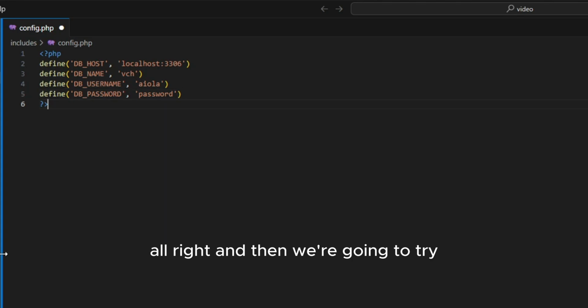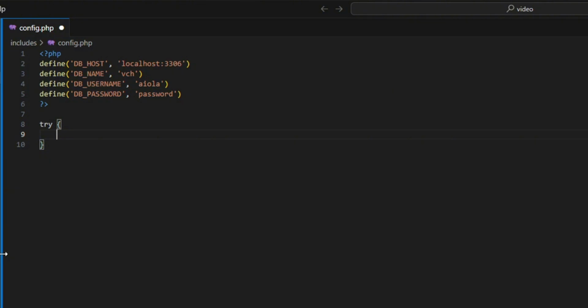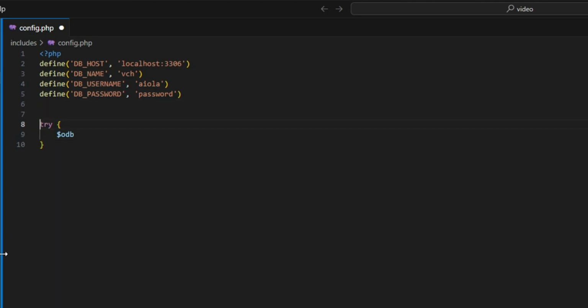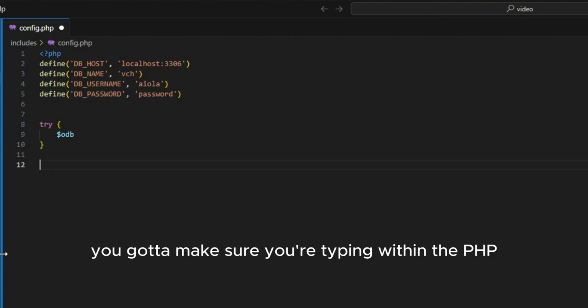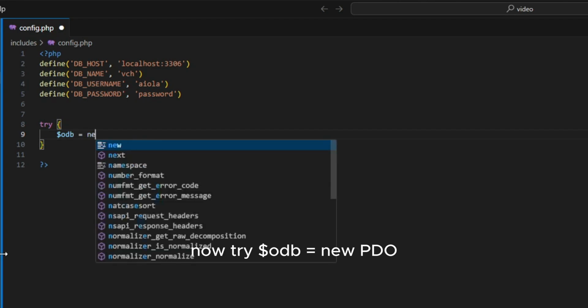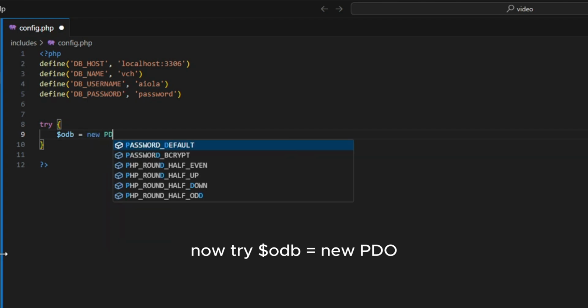Alright. And then we're going to try to connect to the database. Oh, that's my mistake. You gotta make sure you're typing within the PHP. I'm gonna try odb equals new pdo,